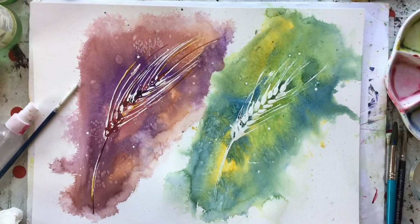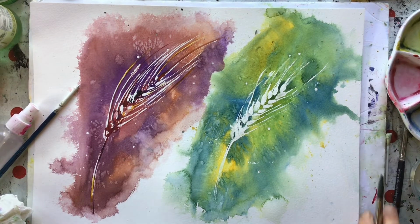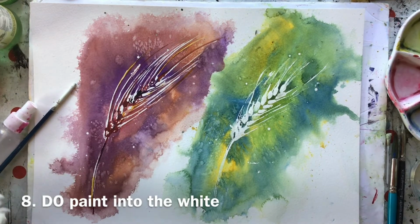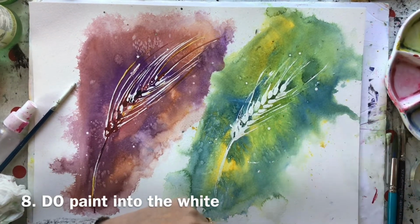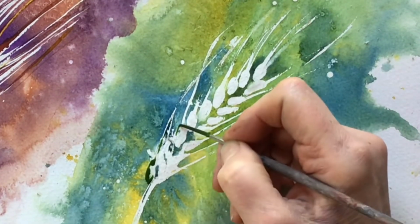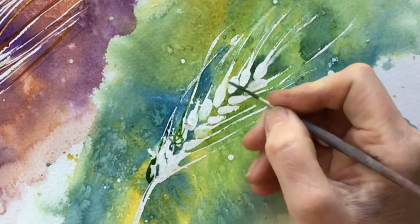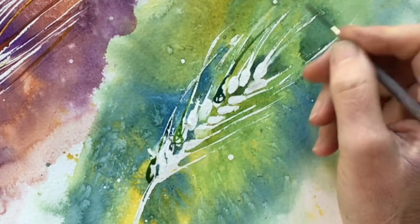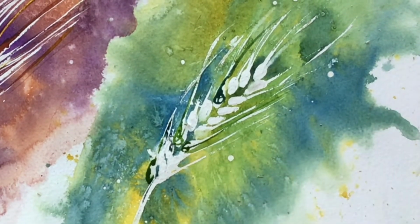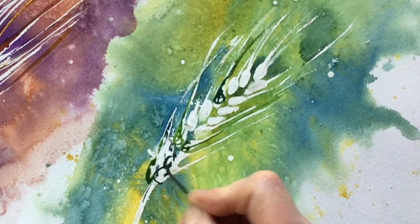And then my final tip is paint into it, integrate it into your picture. So in this case I'm going to use my little rigger. I don't want to cover up all these white marks for very obvious reasons, but I can just sort of integrate, bring bits out,